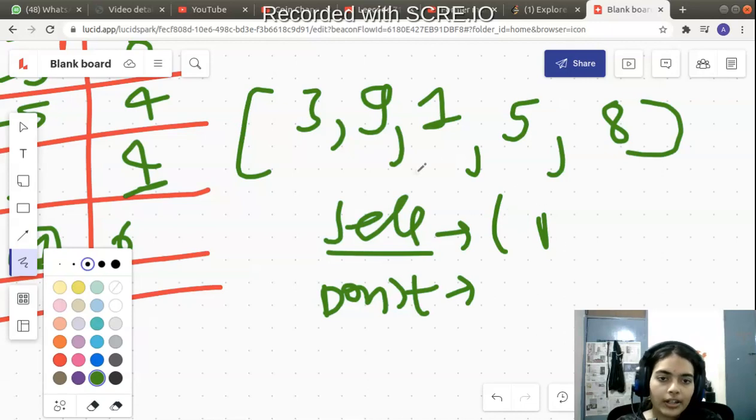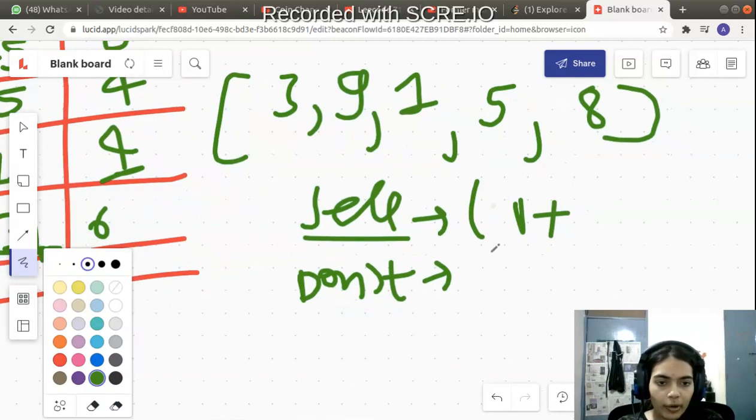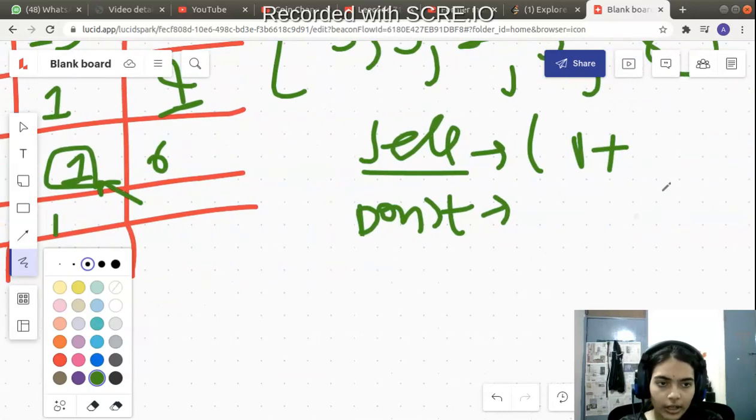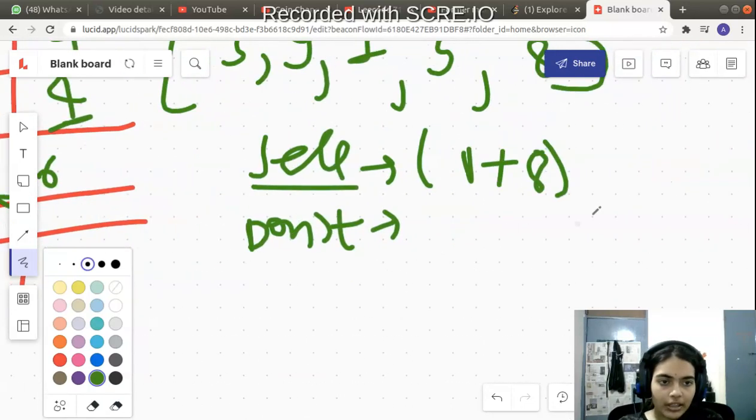So if you are selling, that means you have bought and dealt with a stock previously, and finally you are holding a stock. To hold a stock, in the past 4 days you have a profit of 1. Now you are selling the stock on this particular day, so you are earning a profit of 8. So 8 plus 1 is equal to 9. So you are at position 9.